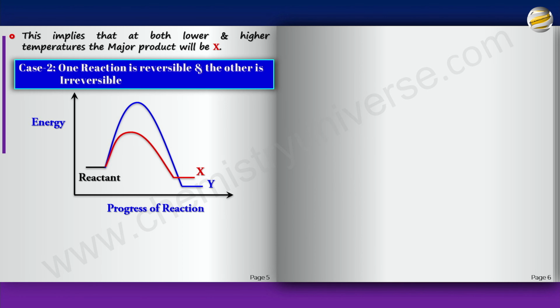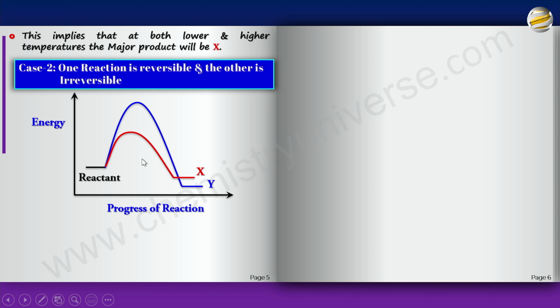Whereas when you look at this particular example that I've shown you, you can clearly see that X, which is higher, has lower value of Ts, which means the activation energy for the reverse of red will be lower than the activation energy of the blue one. So reverse reaction can only happen in the case of X, whereas it cannot happen in the case of Y because it requires more EA. Now either both can be achieved, which means this is wrong, which means both are reversible. Right now we are not taking both are reversible. We are assuming only one is reversible and the other is irreversible.